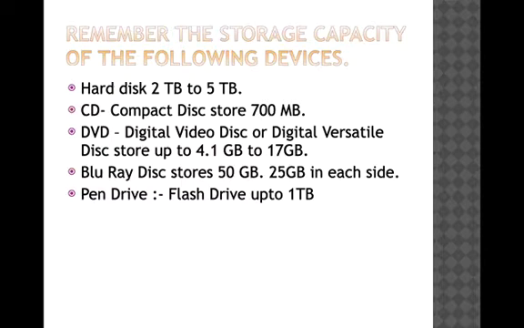I would just like to remind you that the computer understands the binary language. Bi means two, nary means number. Which two numbers? 0 and 1. 0 and 1 are called bits. When there is a combination of 0 and 1, 8 bits is called 1 byte. Terabyte, gigabyte, megabyte, kilobyte, these are the different memory sizes of the computer.